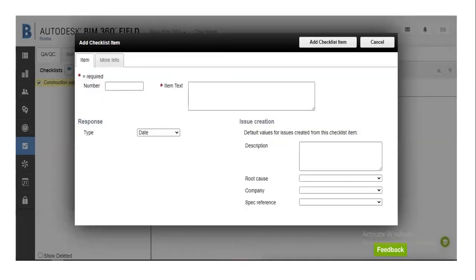At this stage we can add questions in that particular checklist category. The answer type is also mandatory. Safety checklists are yes or no type. If you want to add a multiple choice answer type or something like that, that option is available in the response category. So this is the response category. Okay, I hope you get the idea about BIM 360 Docs and Field. Then I will show you how it's done.